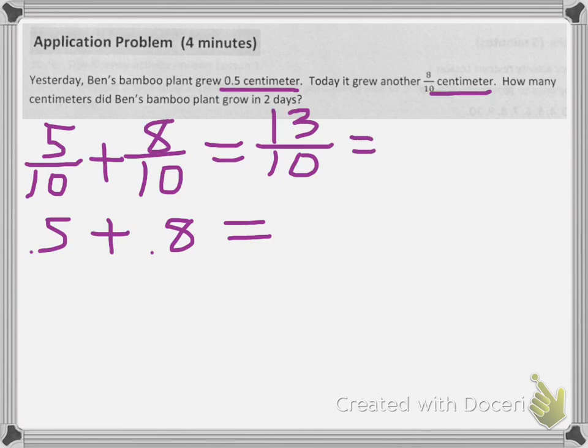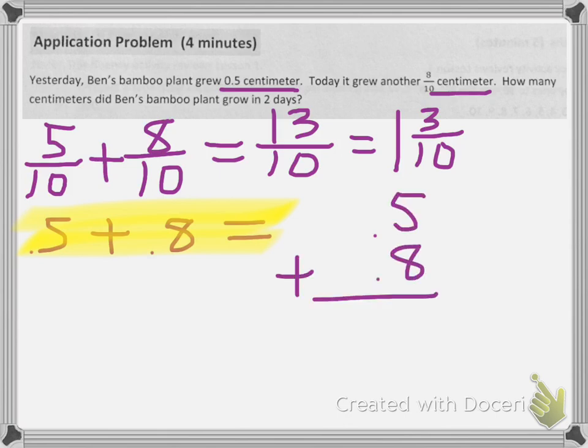Okay, and I think that's the trouble I was looking at here with the decimals and why I stopped doing that to show you the fraction form first. So if I convert this to its mixed number form, I have 1 whole, but I'm going to have 3/10 left over. Okay, so the same idea, if I show you this algorithm stacked, I'm going to show you that I can have 0.5 plus 0.8, and what's going to happen is I'm going to record the 3, and I'm going to have to rename